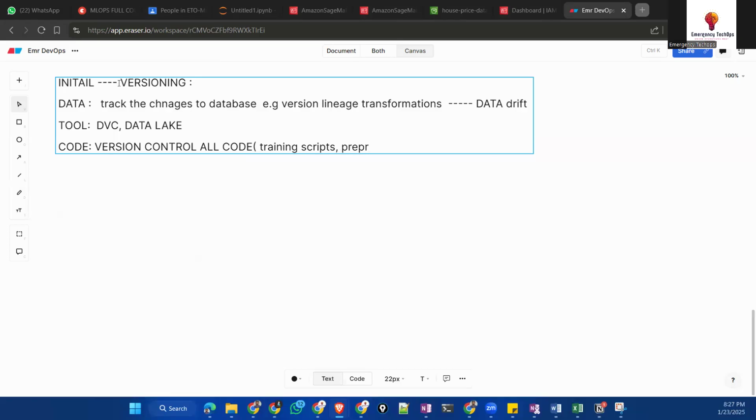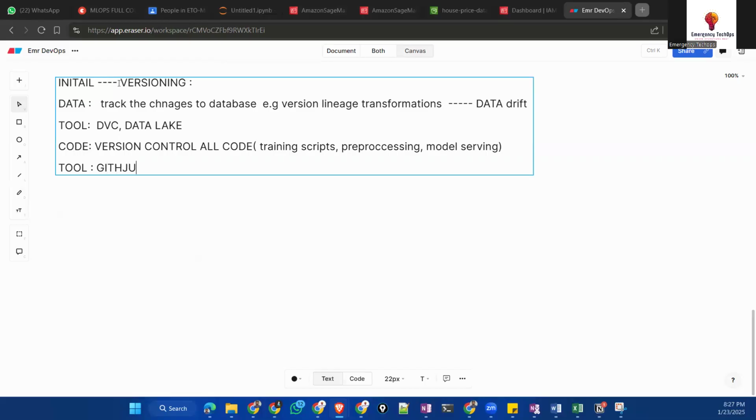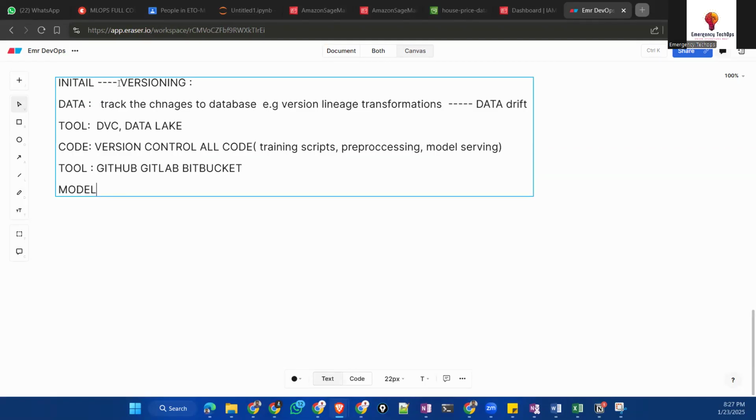Pre-processing and model serving scripts are also done in these cases, and we keep them in tools called Git, GitHub, GitLab, Bitbucket. And then model. Here we have to do tracking of models.